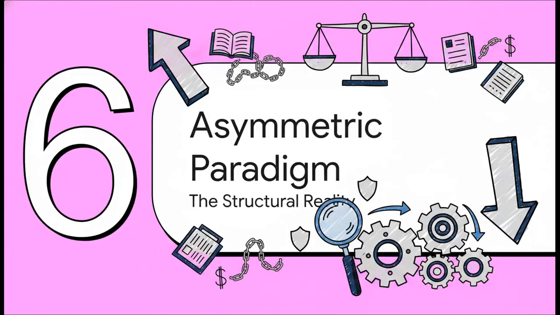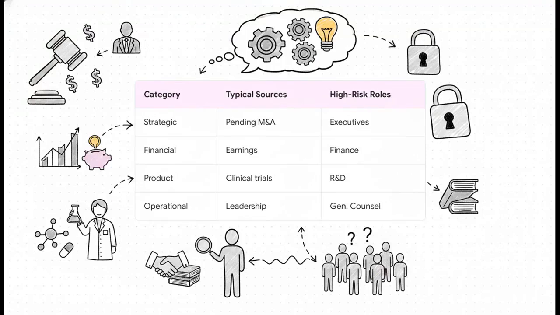All right, let's zoom out for a second and look at the macro reality in Part 6, the asymmetric paradigm. The reality is, MNPI is constantly being generated at every single level of a corporate structure. It's not just the CEO holding the cards. M&A counsel knows about joint ventures early. R&D scientists know a clinical trial failed weeks before the press release hits. Supply chain managers see the lost contracts first. Which means thousands of insiders are constantly holding market-moving data before the rest of the public does. It's an inescapable byproduct of the modern corporate structure.